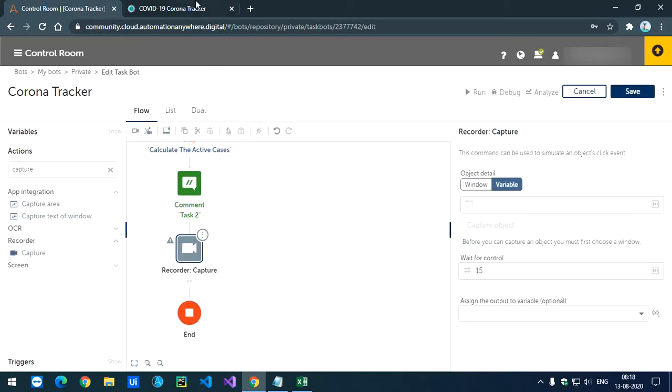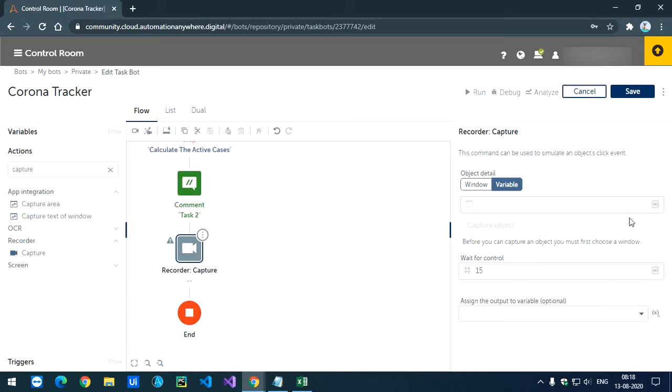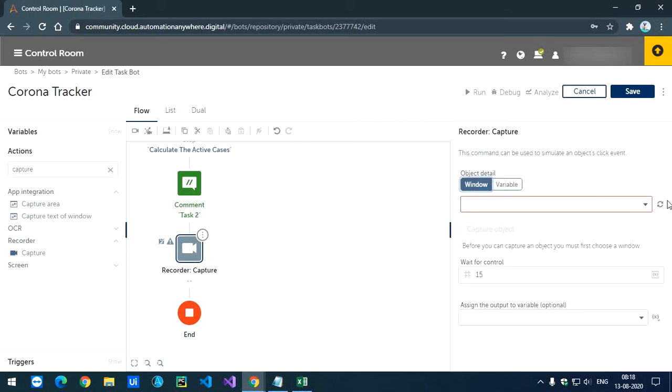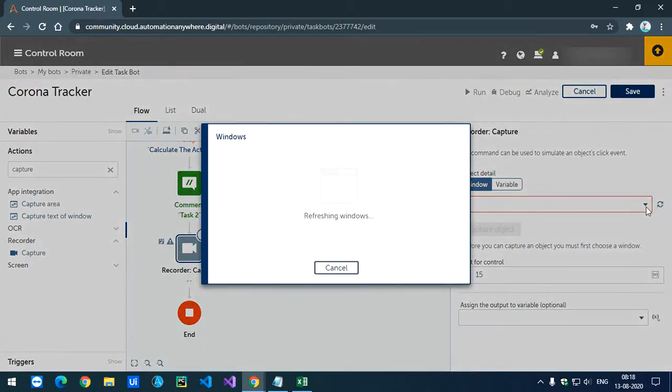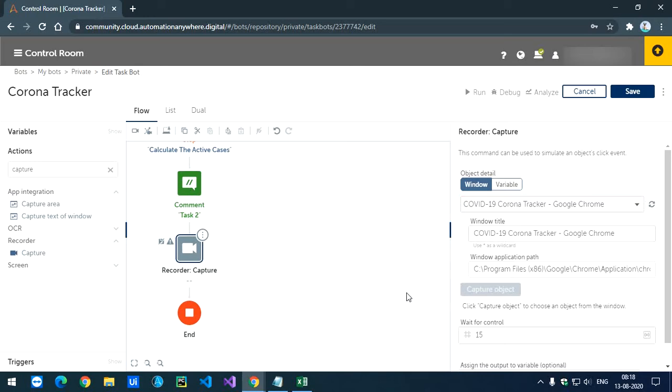Now I need to split this window. So I just have 2 windows now. Now I'll select the window from here. So this is the window.